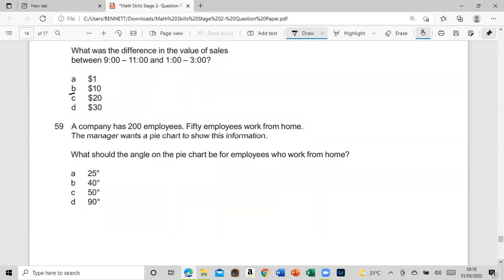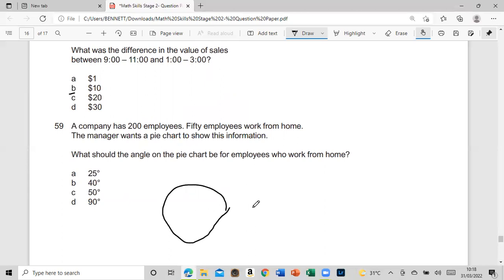159. A company has 200 employees. 50 employees work from home. The manager wants a pie chart to show this information. What is the angle on the pie chart for the employees who work from home? So, pie chart